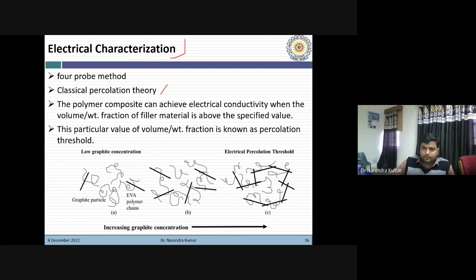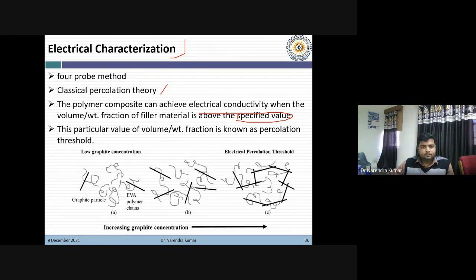That means we can achieve electrical conductivity only when the filler amount exceeds the specified value.